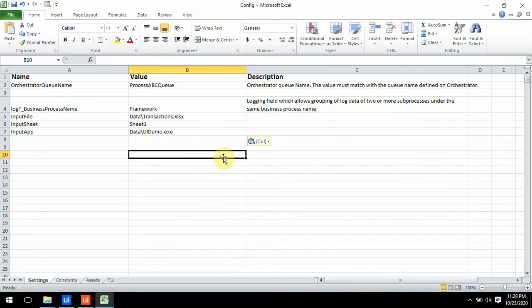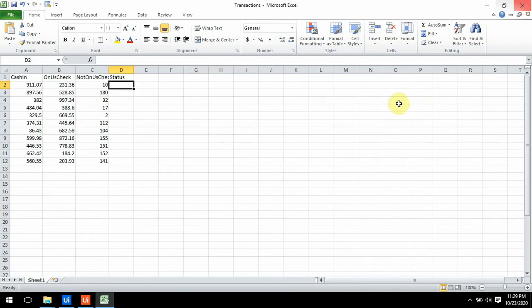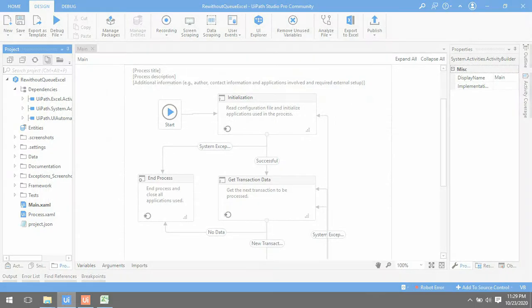Since we are using Excel and we are not using Queue, the rest is not required to be changed. So that's it, these are the changes we require in the config file. You must remember carefully, this is the change we need in the config file. Now the first part of this REFramework is done. Now moving towards the second part.